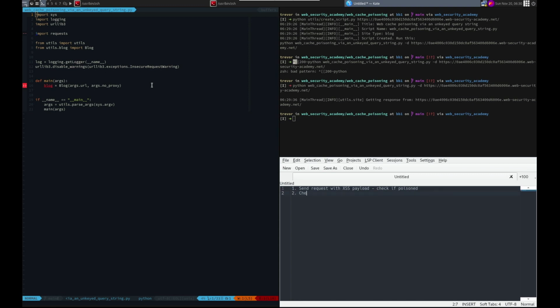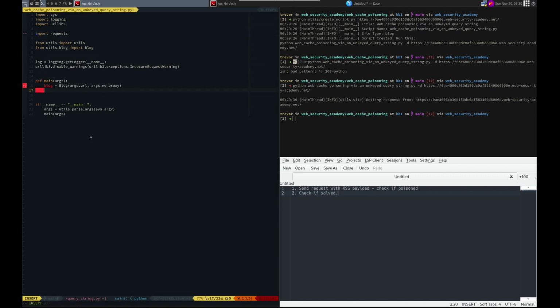Check if solved. It's basically all we've got to do. It's going to be real simple. So the poison URL will be blog.base URL plus